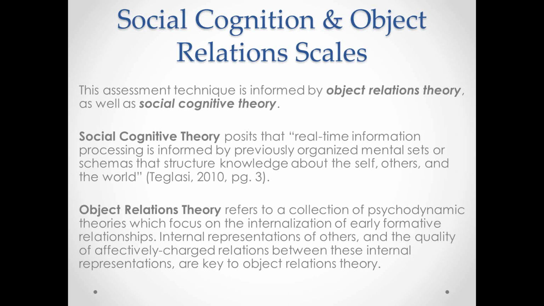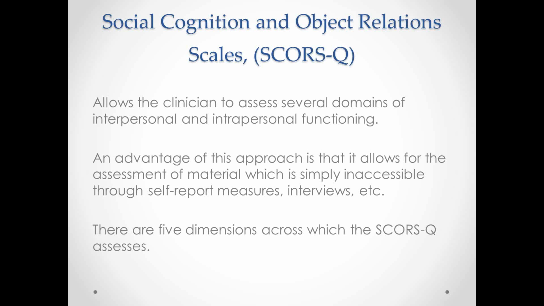Although when we think of things object relationally, we're talking much more of a dynamic unconscious rather than a schematic unconscious. And so there is a distinction, but there is also some real similarity and some congruity between these two approaches. So the object relation approach that's explored in the Social Cognition and Object Relations Scale is really more in line with a later, non-classical, non-Freudian, more contemporary psychoanalytic approach.